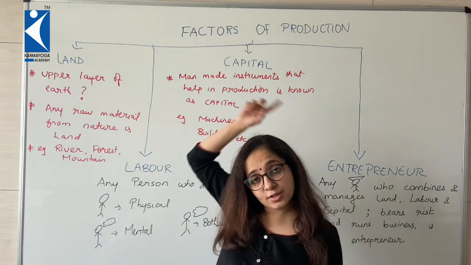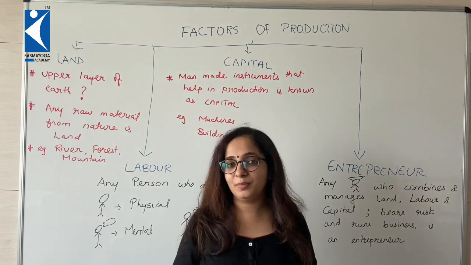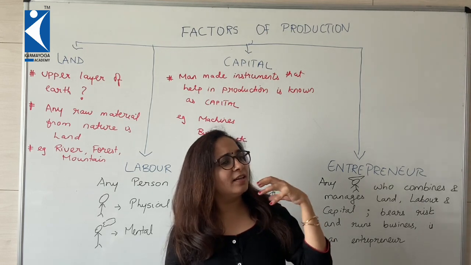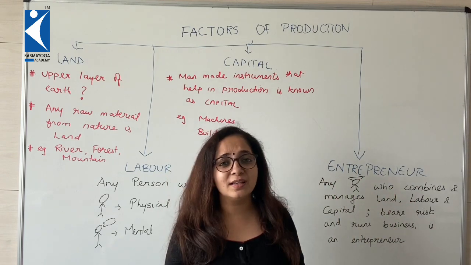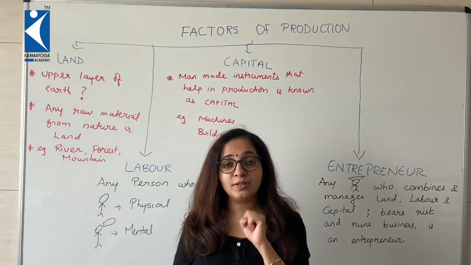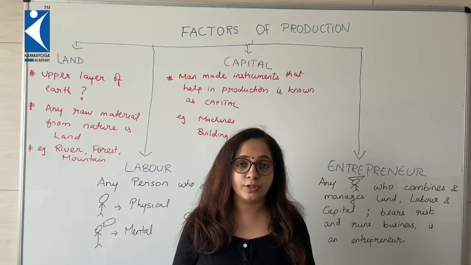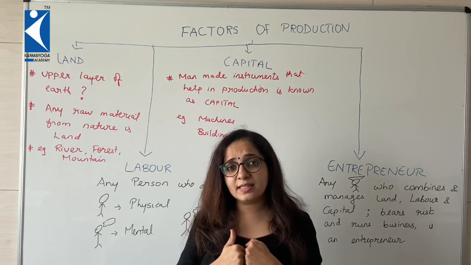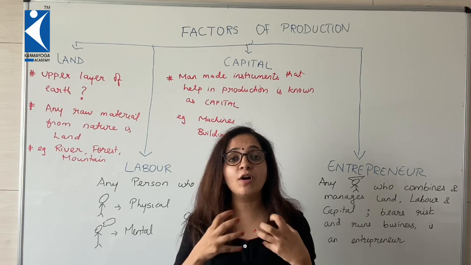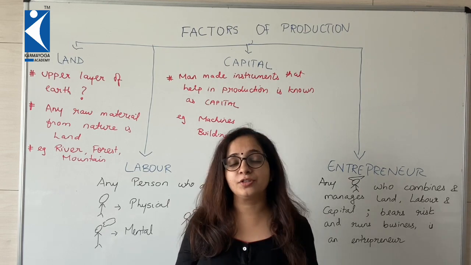So all the resources, all the factors of production mentioned here are limited, but the wants are unlimited. You know, we want everything in life. Anything or everything that we see, we really want it. So when I talk about the word want, I should tell you the difference. Being an economics teacher, what is the difference between a need and a want? If I am hungry just now and if I want to have some food, it is my need, the need of food. But if I want to have a Domino's pizza, it's a want.